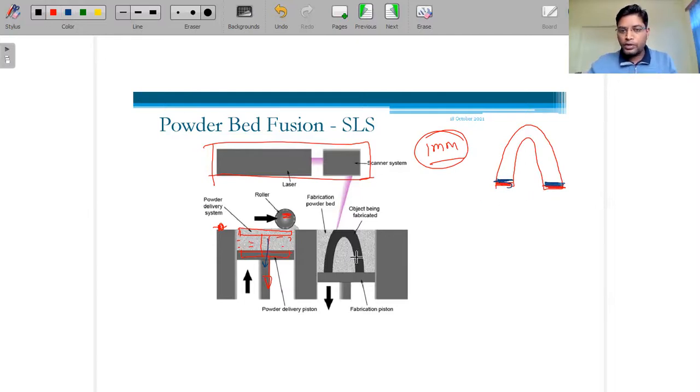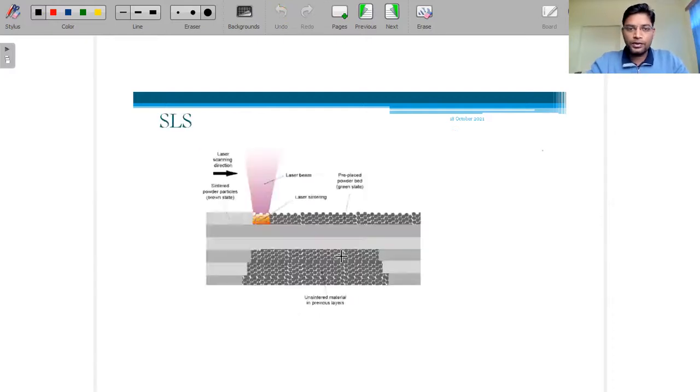Now again it will move down 1 mm, and the roller will come, spread the material, and go back to its original position. Now it's the work of the laser. So this is how the material is deposited over the platform and solidified using the laser. Okay, so this is the powder bed fusion. This is a kind of structure where the powder beads, or molecule beads, are there. The laser will come, melt them, and they will be solidified.